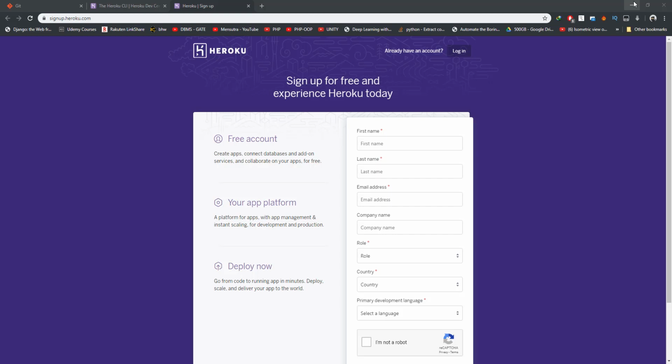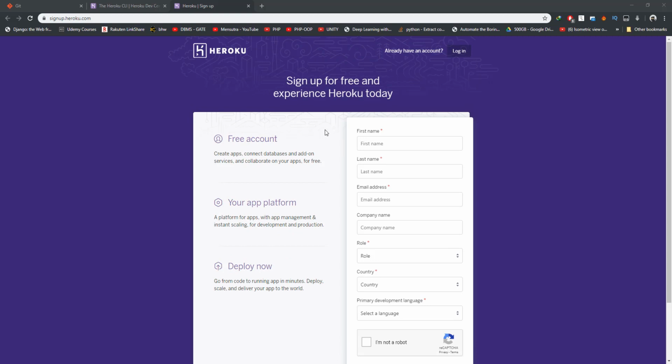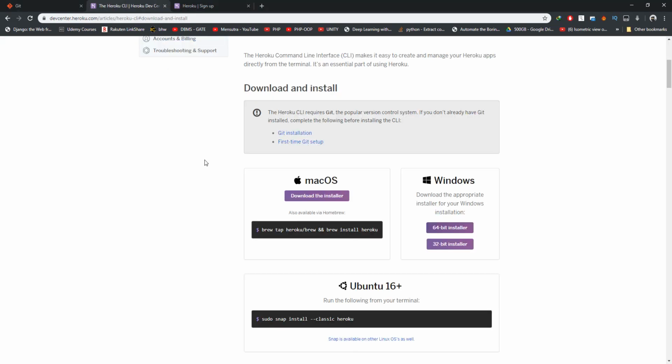So before doing anything, we need a few things that should be installed on your system. The first thing that you should have is a Heroku account. If you don't have one, go to Heroku, sign up for the account, confirm it, and come back and follow the video. After that, you need a command line interface using which we are going to communicate with the